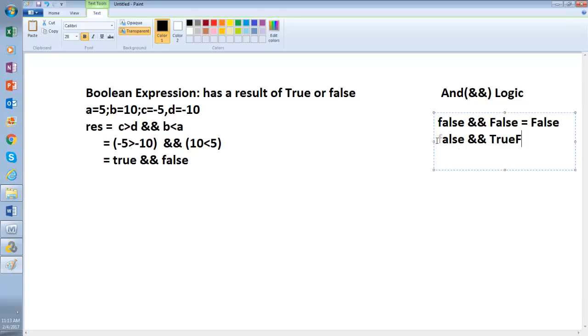Why false? True and false is false. False and false is false. False and true is false. And true and true is true. Still false.